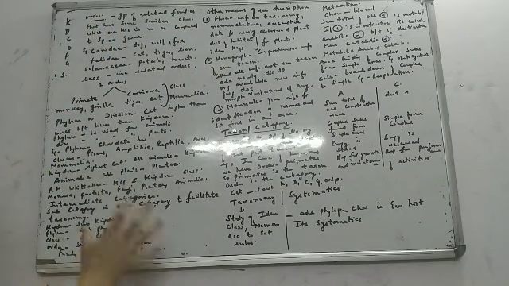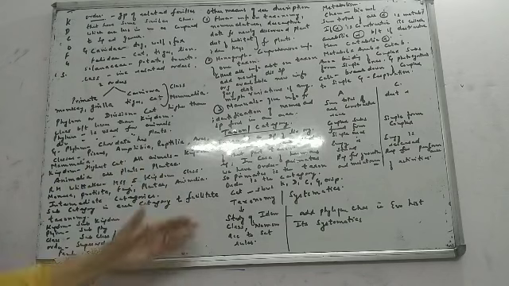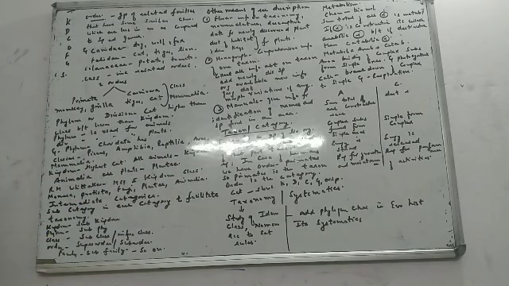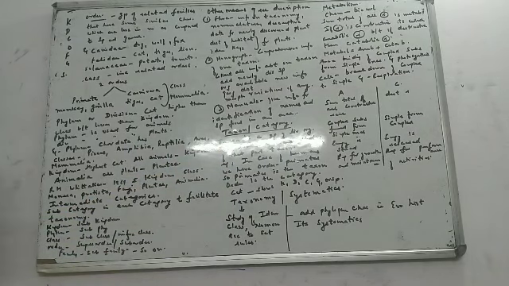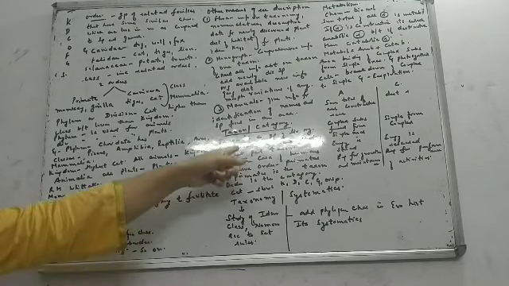Now, I am taking up some differences of this chapter. The first difference is taxon and category. Don't get confused. Taxon and category. What is taxon? Taxon is a group of living organisms. Okay? Any group of living organisms is what we call a taxon. Human beings, we are what? We are taxons. So what is taxon? It is a group of living organisms. Then what is category? Category indicates the rank or the status of that taxon. Category will give you the rank of that particular taxon.